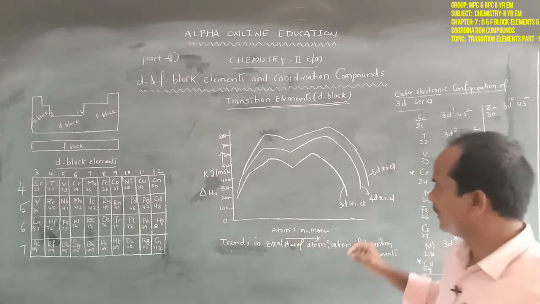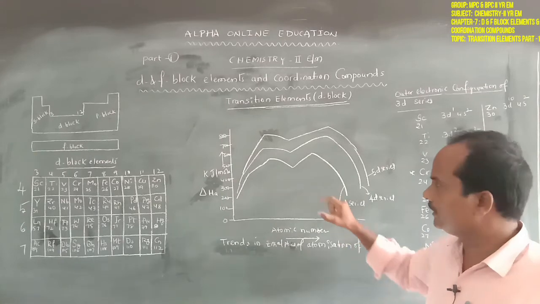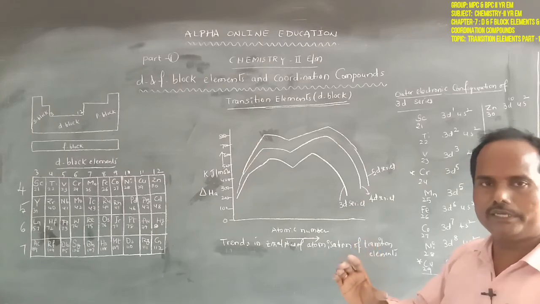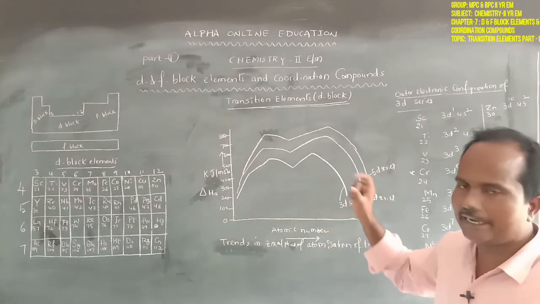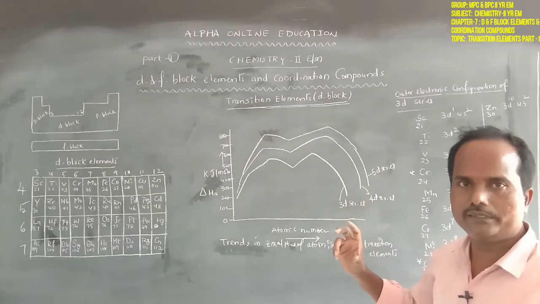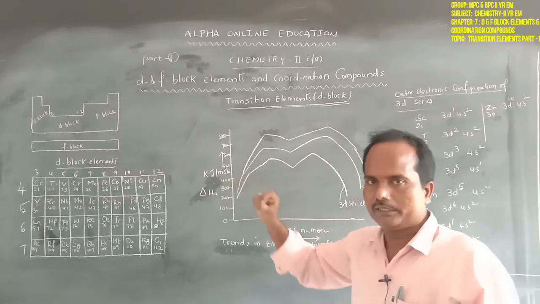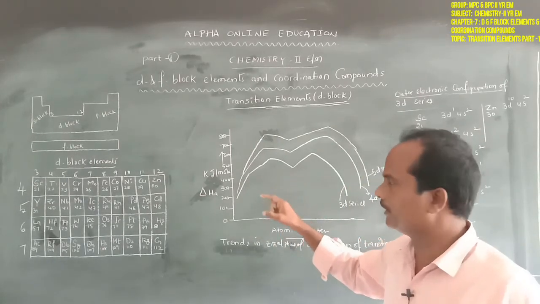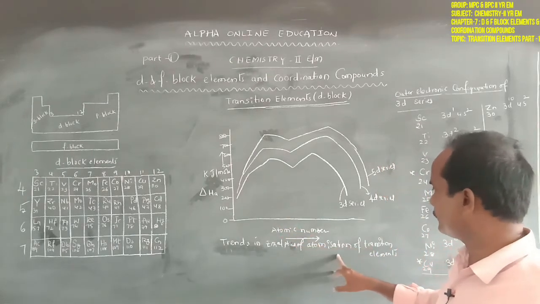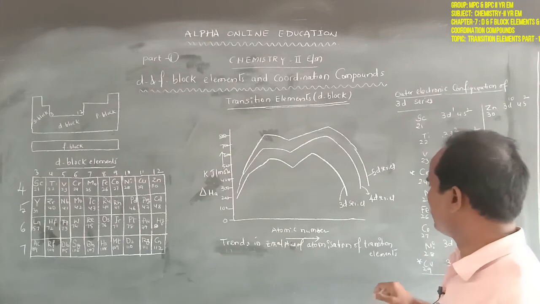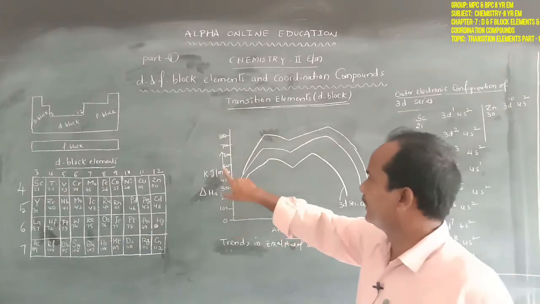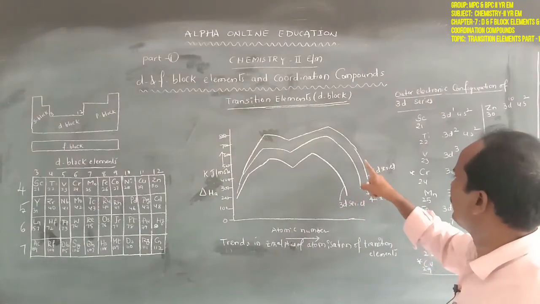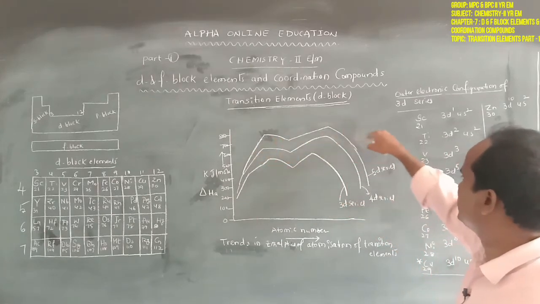In transition elements the metallic bond is very strong, so among the atoms the interatomic attractions are very strong and the substance is very hard in nature. In order to break them into the atomic condition, a lot of energy is required. That is the enthalpy of atomization. Transition elements have high enthalpies of atomization, especially the 5d series elements compared with 3d and 4d.